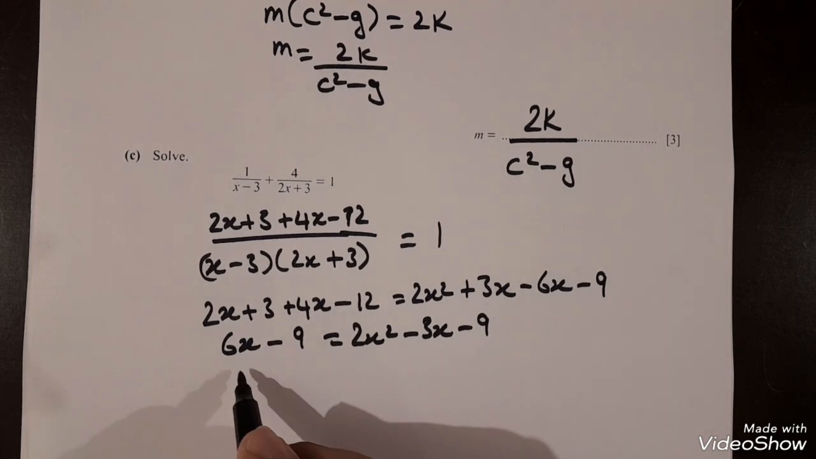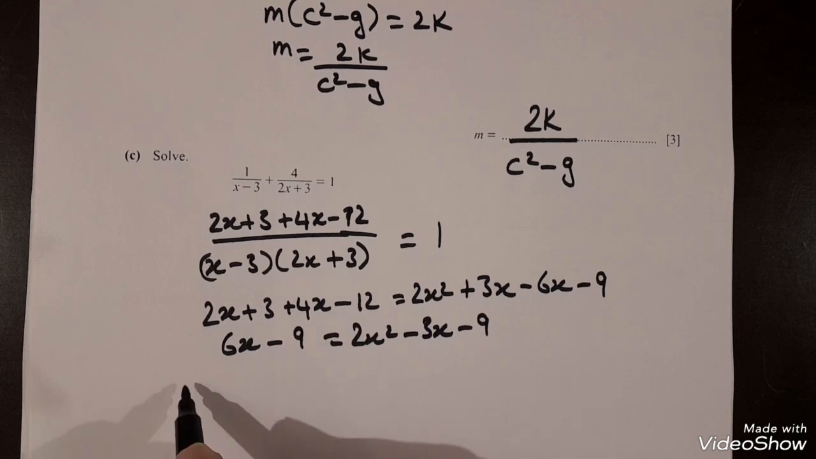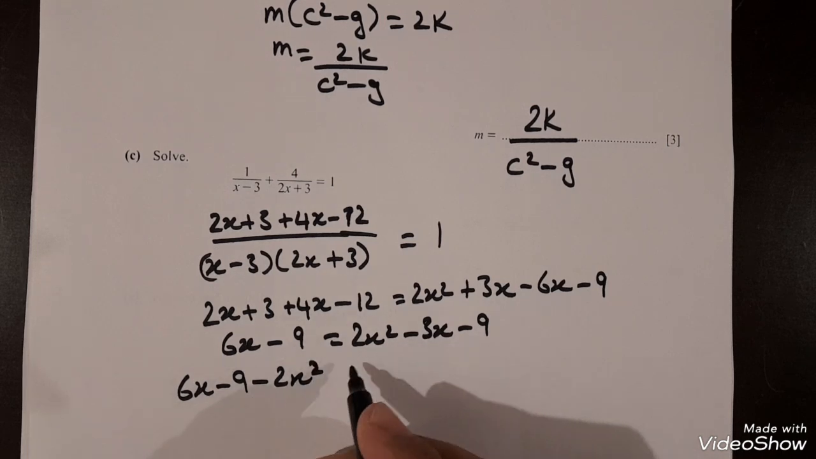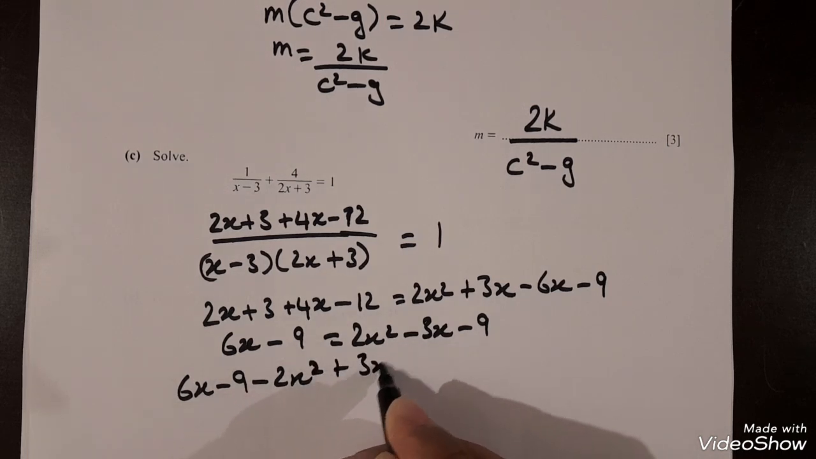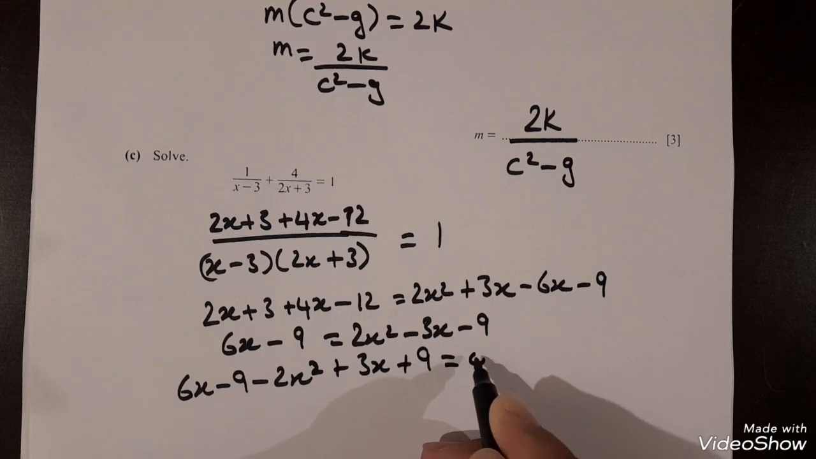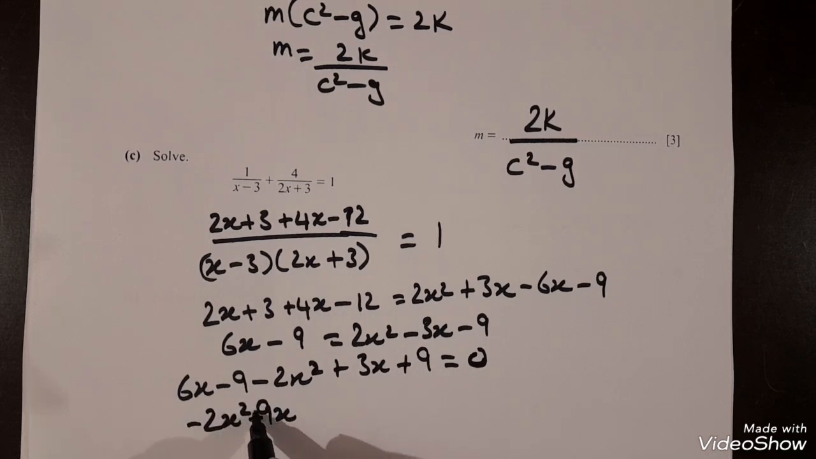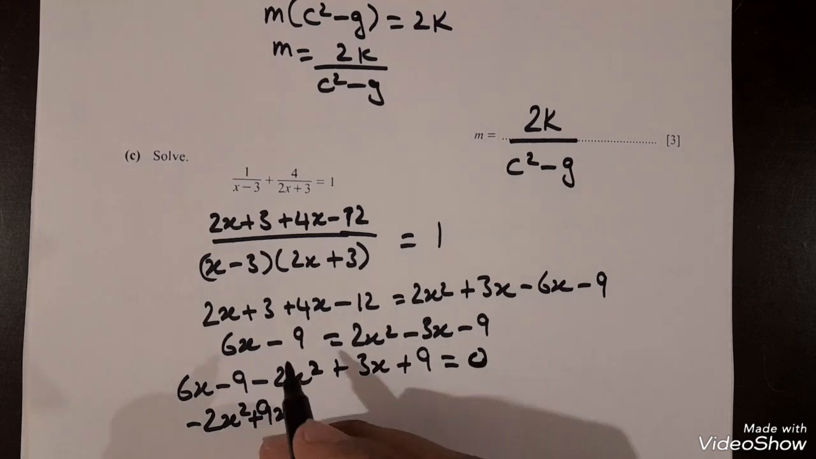we will move all this equation to the left side. So 6x minus 9 minus 2x squared plus 3x plus 9 is equal to 0. So 6x plus 3x is 9x, then minus 2x squared plus 9x, and then we have minus 9 plus 9, which will be 0. So we will keep that as 0 and write 2x squared plus 9x